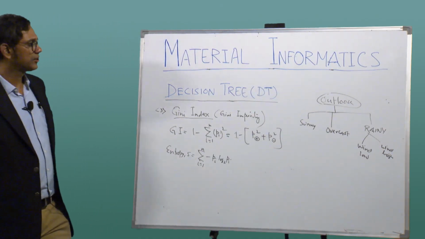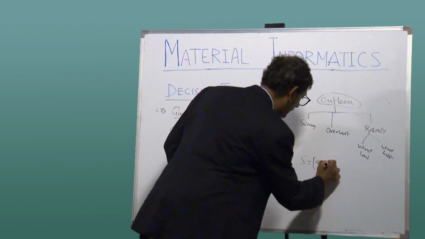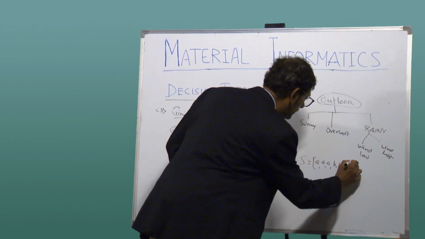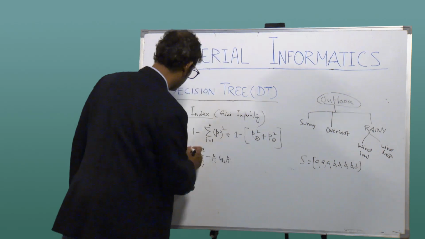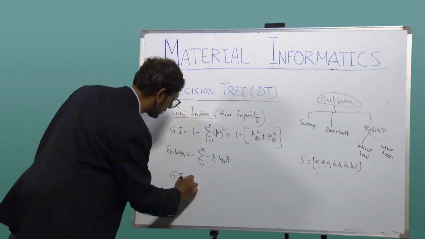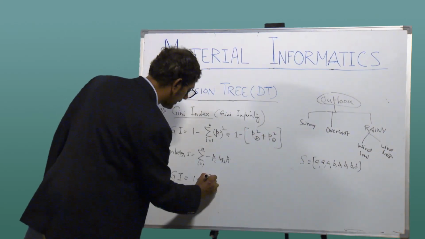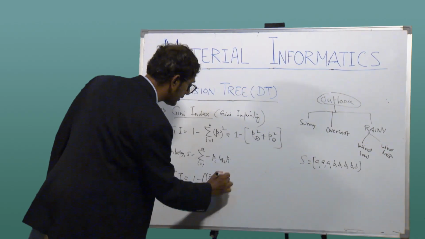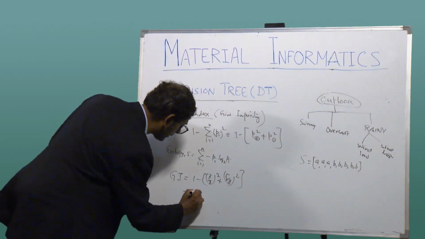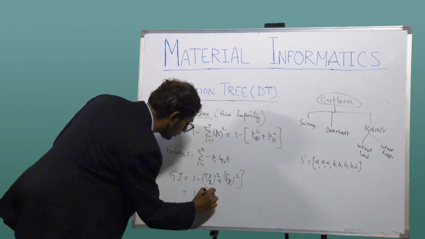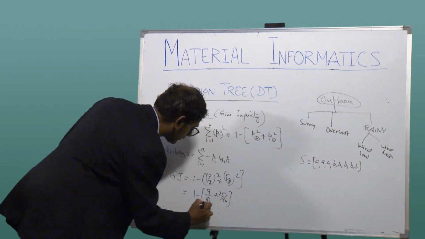Am I clear? So, for this set which you did, A, B, B, B, B, B, okay. We can always write down the Gini index Gi for this set. It is 1 minus, so what is the positive case? 3 by 8 whole square, and that is 5 by 8 whole square, A and B. Similarly, 1 minus 9 by 64 plus 25 by 64, that has become 1